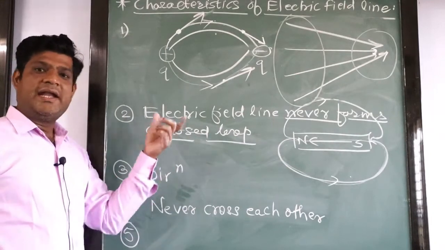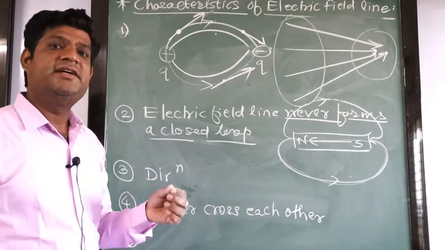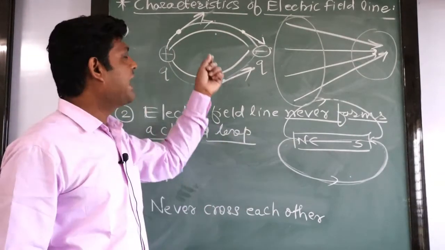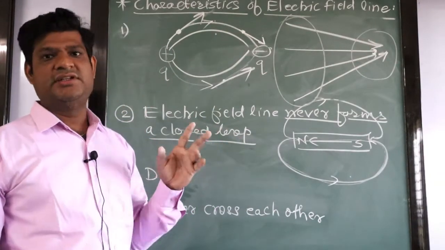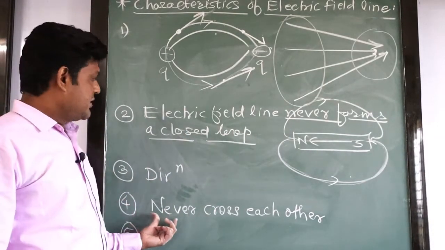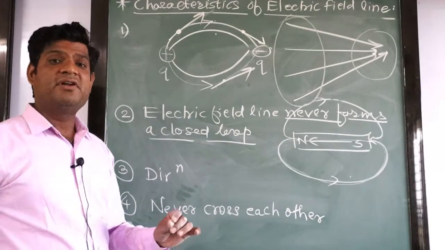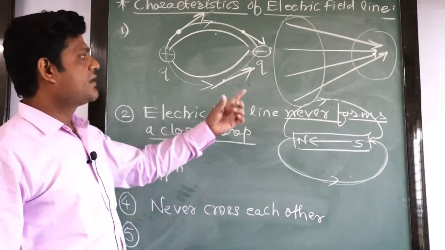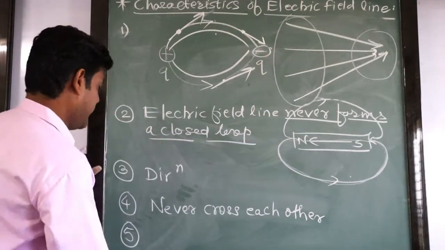Third, at any point we can find the direction of the electric field by drawing a tangent. Fourth, electric field lines never cross each other. And fifth,